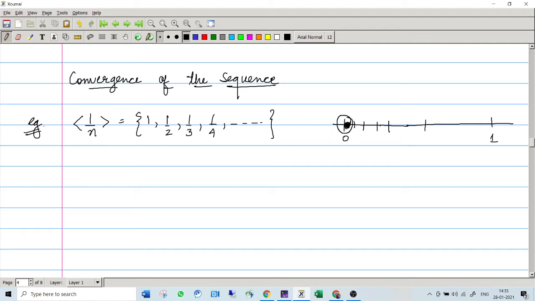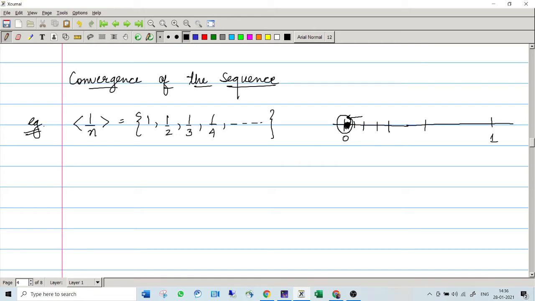So you can see that the terms of the sequence are very close to 0. Means the sequence is convergent. Means the terms of the sequence are converging towards 0. Converging means they are almost contracting, the terms are getting shrunk to the point 0, or there is a cluster formed around the point 0. So a sequence for which we can see that the cluster is being formed around a point is called a convergent sequence. We'll do the formal definition of course, but for the graphical or pictorial point of view,